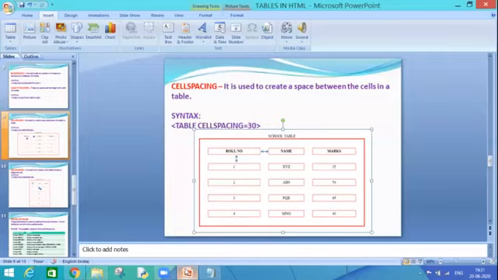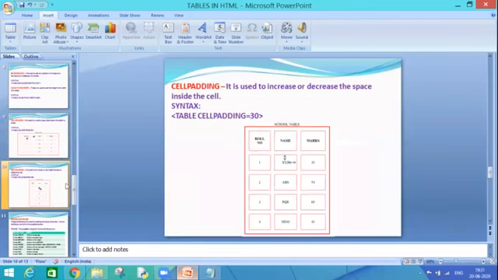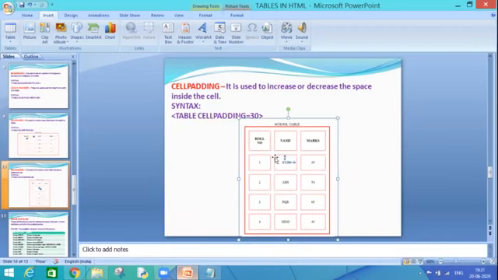Right. Now, the next concept is cell padding. Now, what is cell padding? Padding a cell. So, what is basically a padding? As you can see in this figure, I have marked two arrows horizontally and vertically over this cell XYZ, where my data is written. Now here, why have I marked it? Because I want to show you that padding means to increase the space horizontally and vertically within the cell.